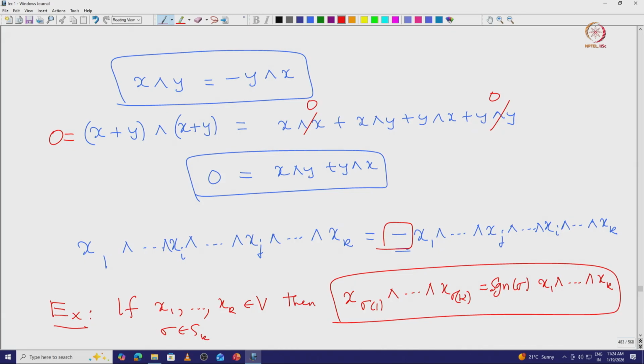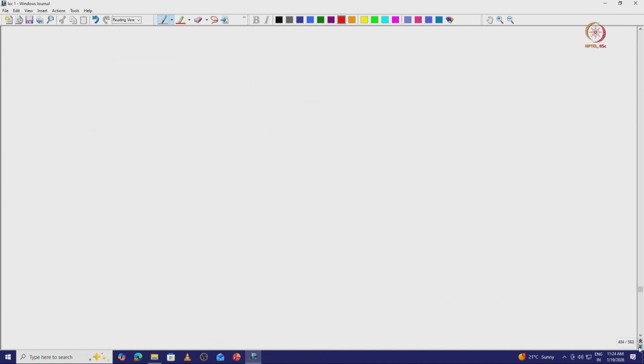For example, the way you prove this, maybe you can write sigma as a product of what are called the simple transpositions. So, what are the simple transpositions? The transpositions corresponding to i and i plus 1 are called the simple transpositions, where i runs from 1 to n minus 1, and it is easy to see that